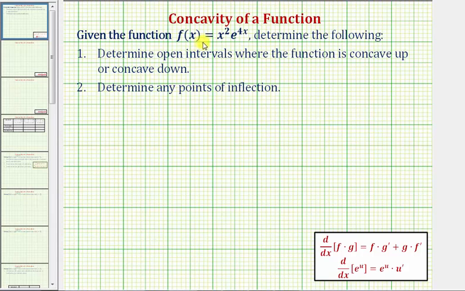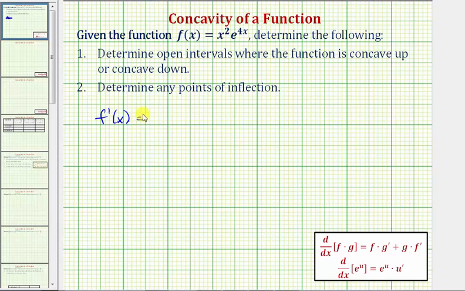So we want to find the second derivative, but before we find the second derivative, we must first find the first derivative. And looking at the function f of x, notice how we'll have to apply the product rule in order to find the first derivative. So applying the product rule, f prime of x